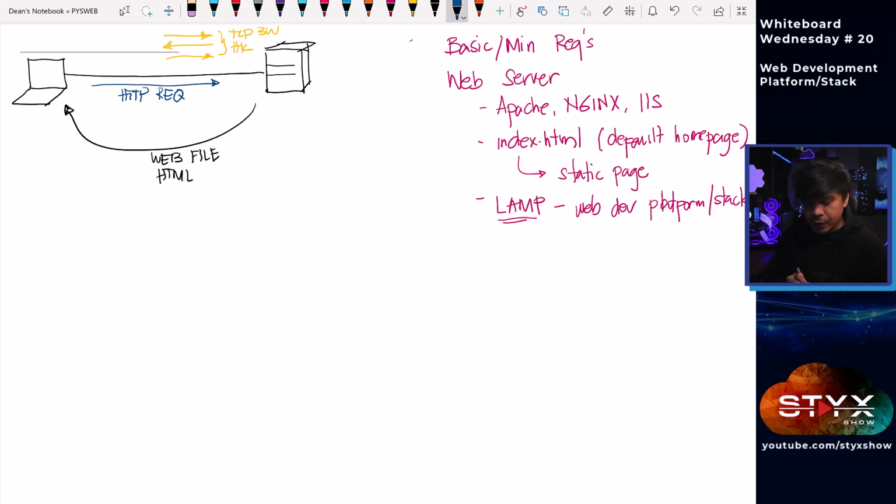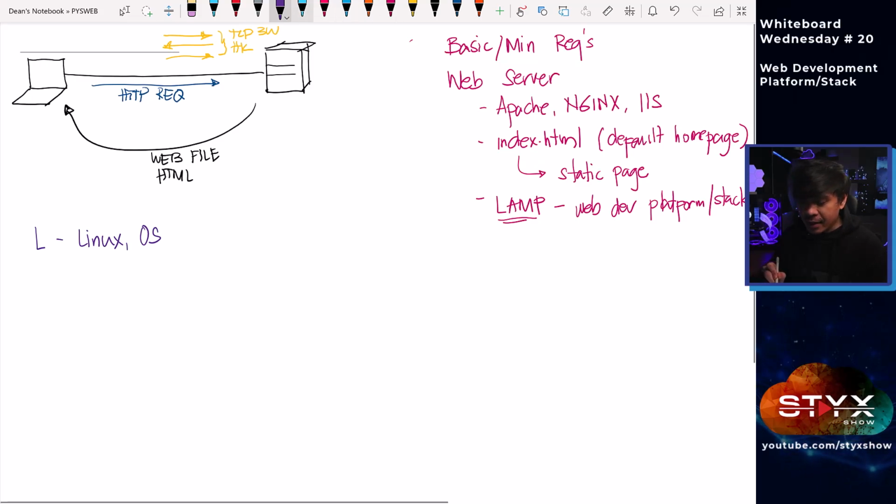So first, we have the L. Let's move this a little on the top. The first one is L, which stands for Linux. Now, Linux is the operating system. It is not obvious, but Linux is the operating system. It's actually the operating system of choice on most servers. Next is